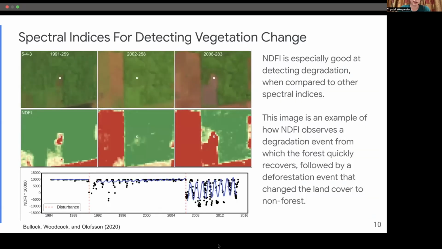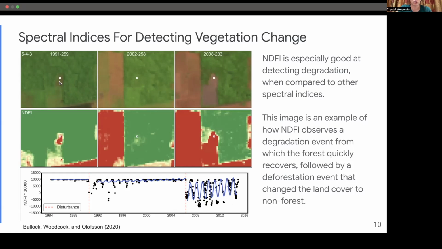So this is a time series showing a healthy forest that has high NDFI values. An event occurs where something has happened to the forest, it's degraded, and you can see a partial drop and then eventual recovery back to normal values. And then another event happened where it dropped significantly, and then the spectral signature changed into a different harmonic here. So if you look at what is actually happening in the images, in 1991, there is